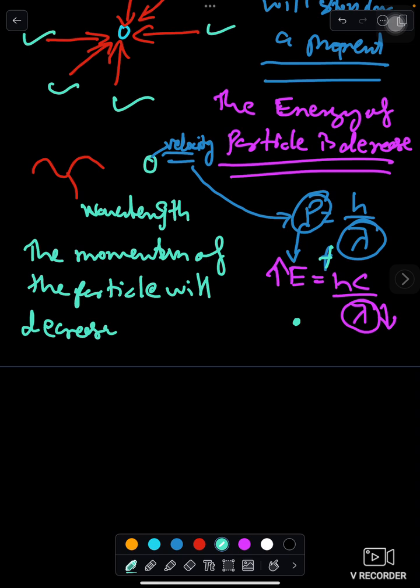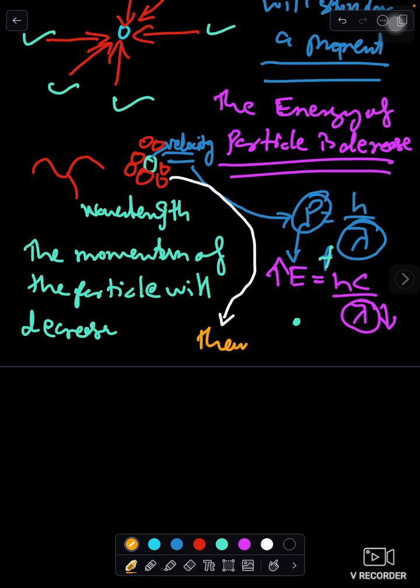What I mean by that is the vibration will be less. There will be less vibration, and they will come to a stop if I'm seeing multiple particles. Their vibration will come to a stop, and after a while the momentum of the particle will decrease, and they will reach a point